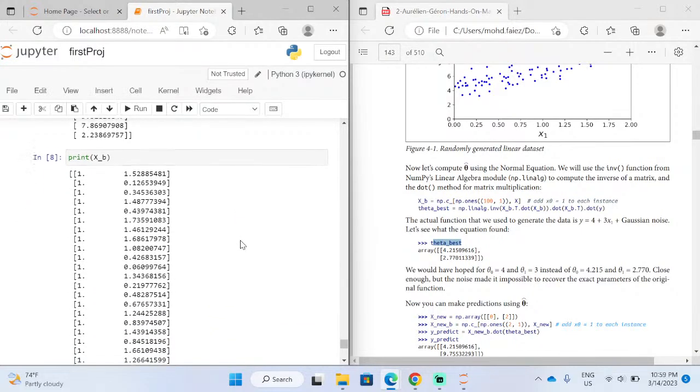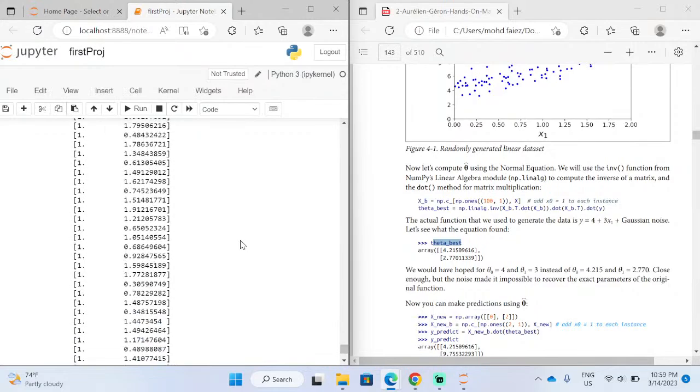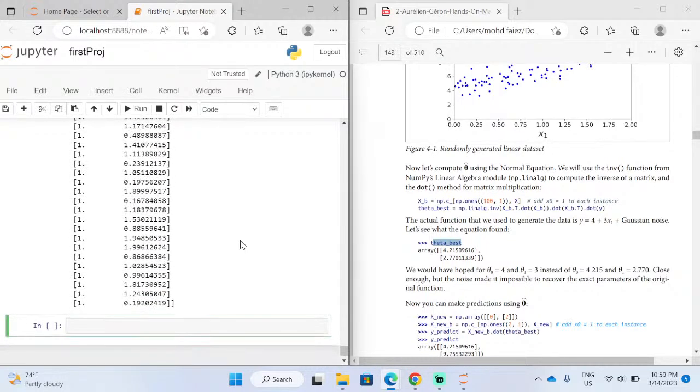So it got multiplied, one dot. Okay, so it got concatenated with the value x,